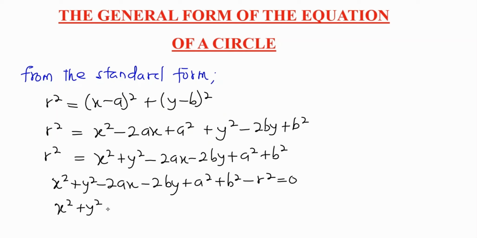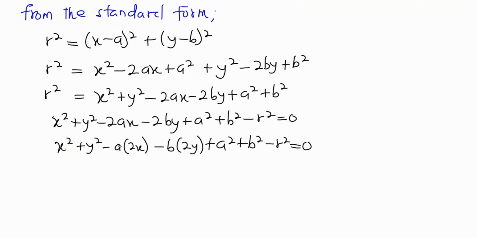Here we have minus a multiplied by 2x, and then we can also have minus b multiplied by 2y. We here have a squared plus b squared minus r squared is equal to 0. That is that. Now what we can do here is that we have been able to factorize the centers, that is a and b out. Now they are negative, so